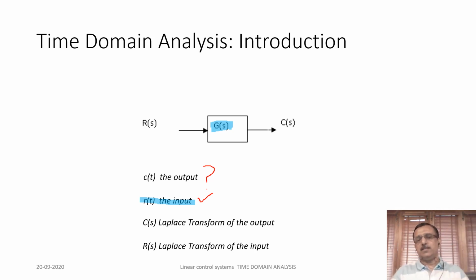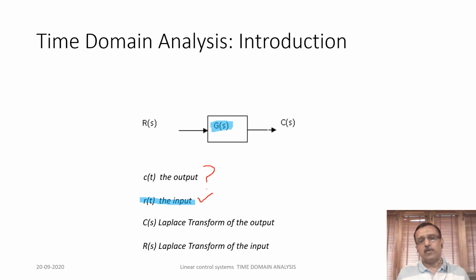Can I say the system is good, system is bad, or system is okay, we need some improvement? These are the things of interest in this module. So the fundamental thing which you learn in this module is: you know the input R(t), you have to find the output. And since it is in time domain, it is